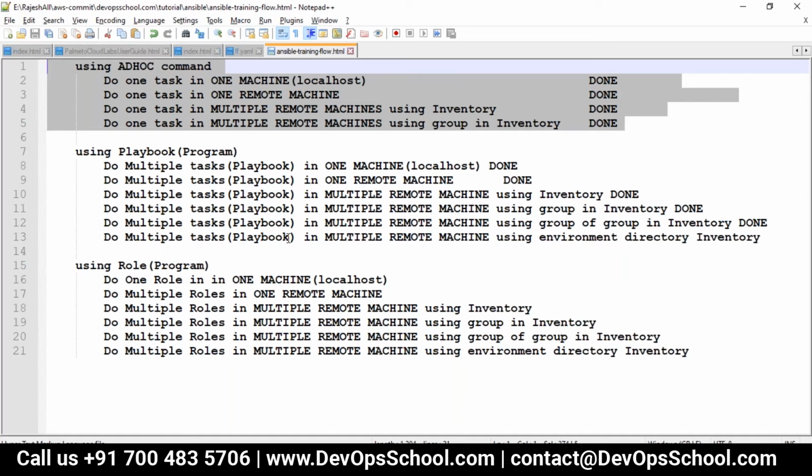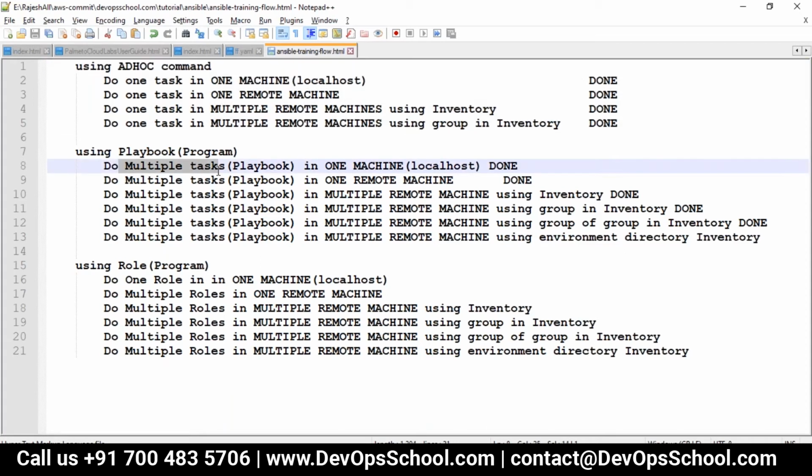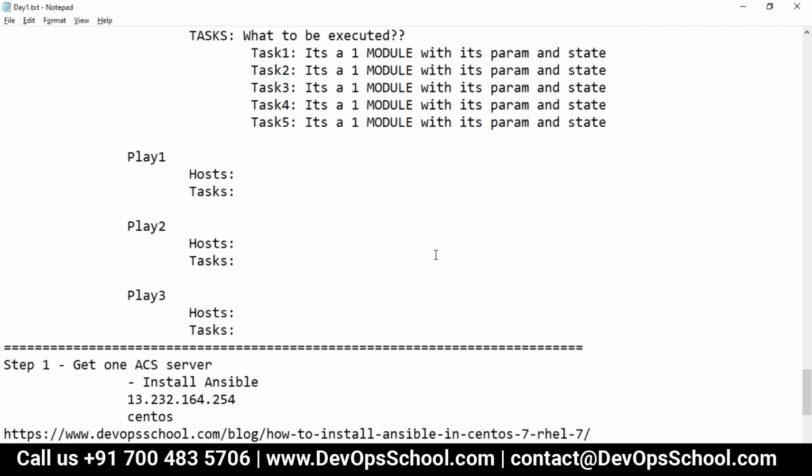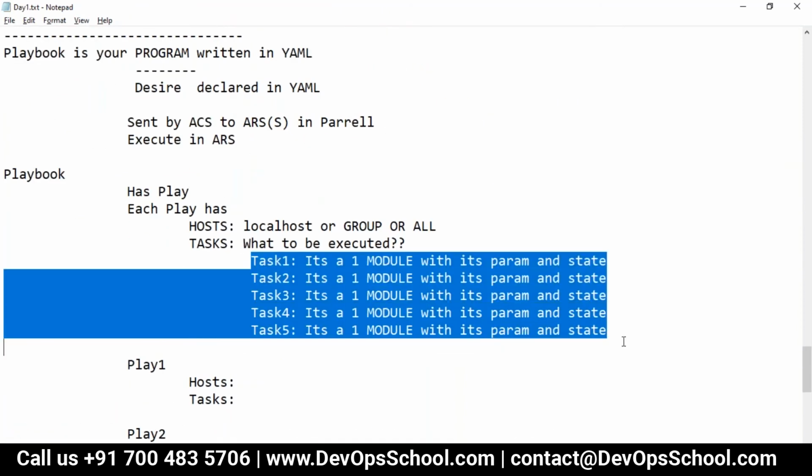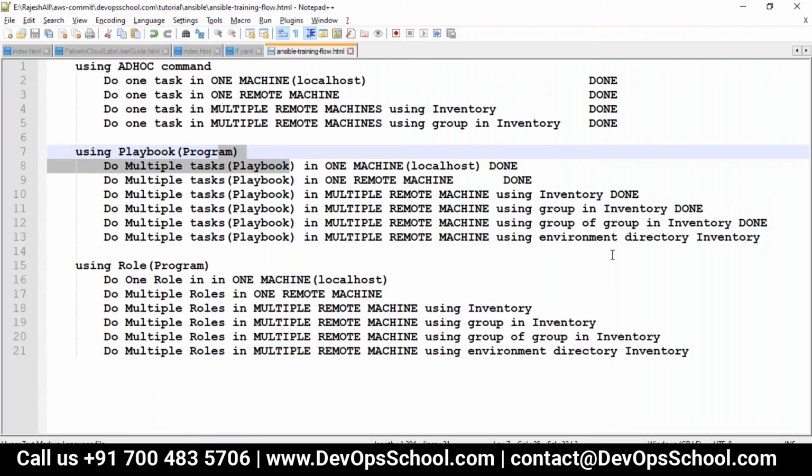But the moment you want to repeat the task, or have multiple tasks, repeated multiple times, then you need a playbook. See here, you decide: do we have one task in this YAML? No, multiple tasks are there. In that case, writing a YAML file is a good strategy.